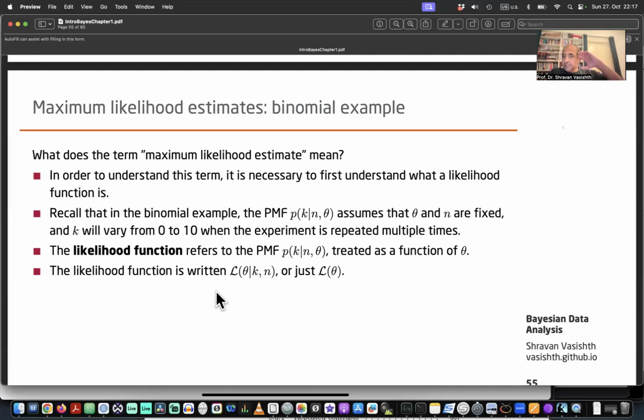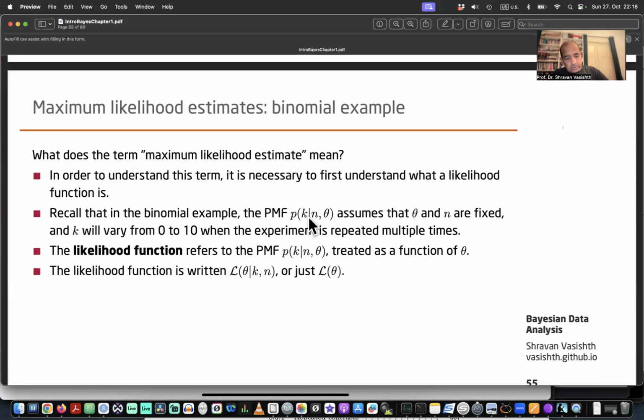So let's cast our mind back to the binomial distribution. Remember, I introduced the probability mass function, which I'm writing in shorthand here as P of k given n, theta. Let's assume that we know what n is, the number of trials, which you obviously know if you run an experiment. On a particular experiment, you know your sample size, or the number of trials. And let's also assume that we know theta. When we know n and theta, then this probability mass function,